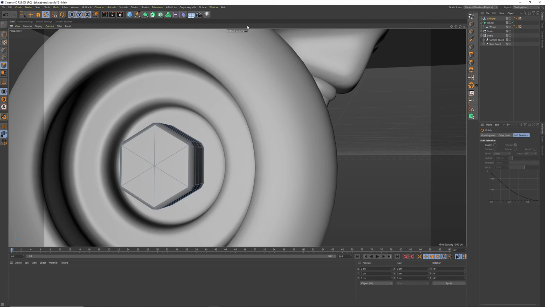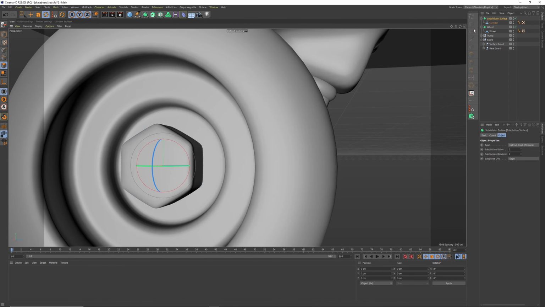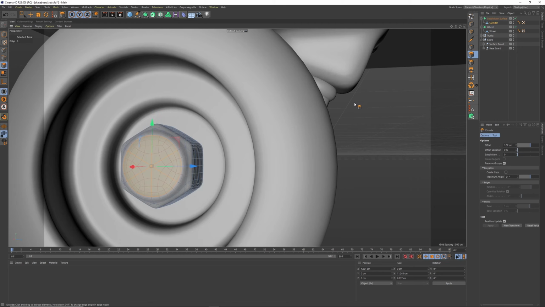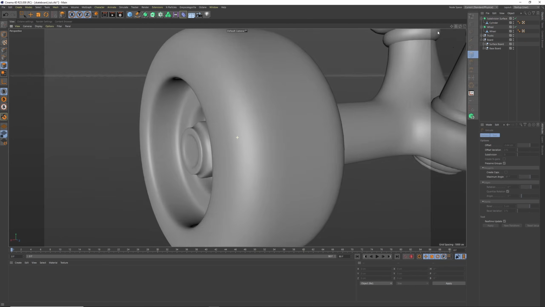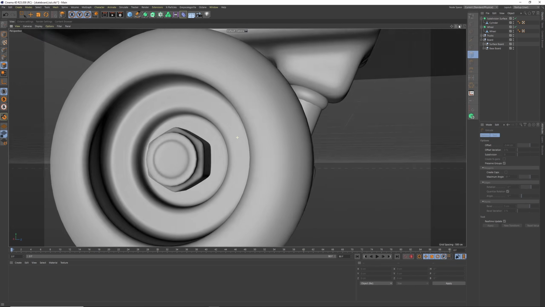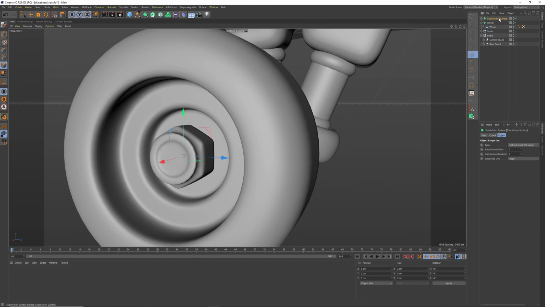I'm going to hold down Alt, get the subdivision surface. Then with my loop selection, select in the middle here. I'm just going to extrude this out a bit. Maybe again. Maybe bring this in. I'm just having a guess at how this might look. But it just gives it a bit of interest, this bolt sticking out the end. Let's just call this